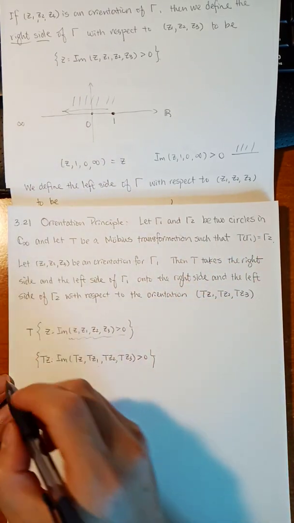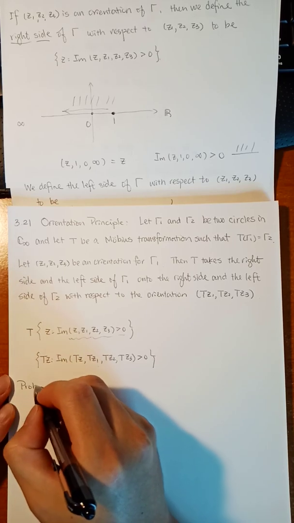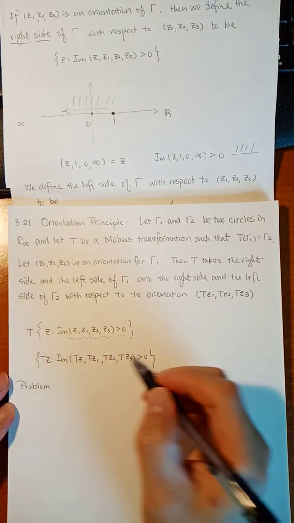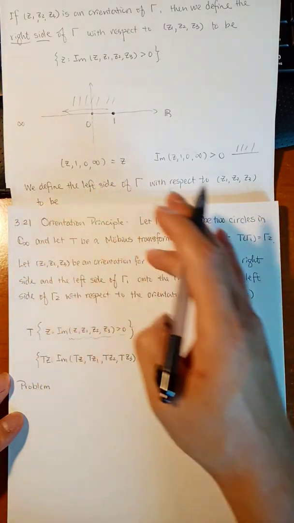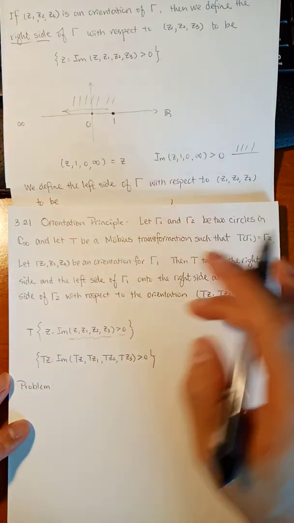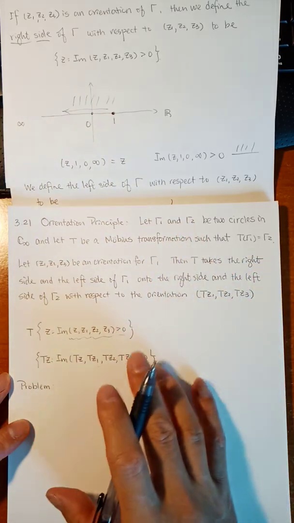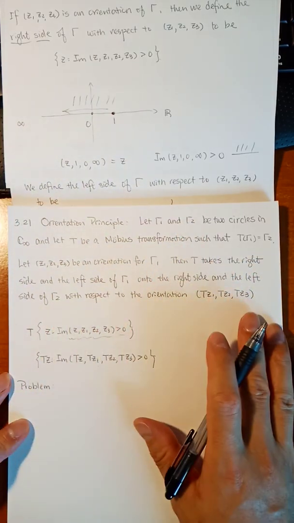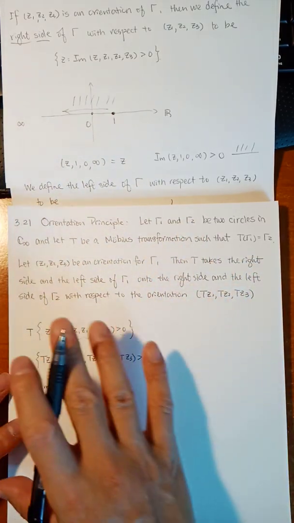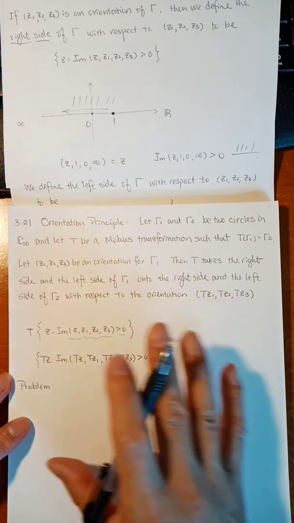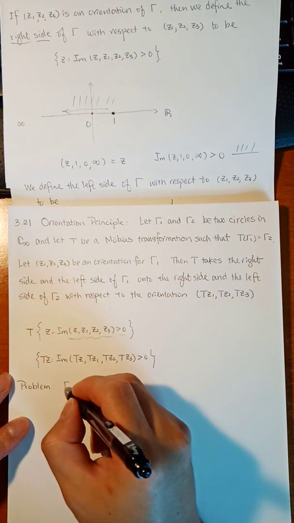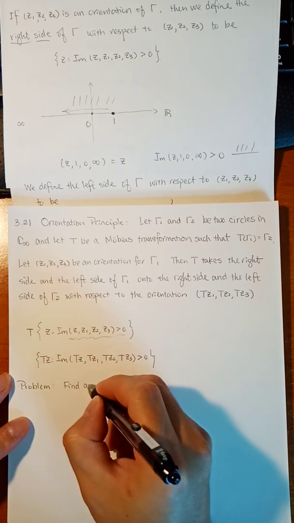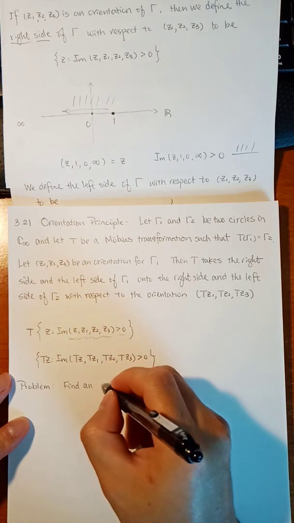We have the following problem. In the previous part, we always discussed curves, circles, straight lines. We get the map. Now we have regions, left side and right side. We want to construct analytic functions between regions. So the problem is the following. Find an analytic function